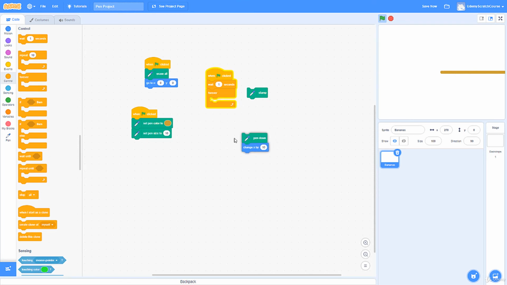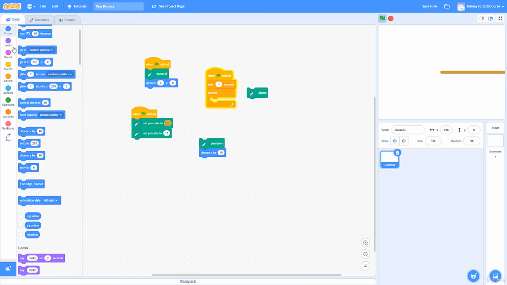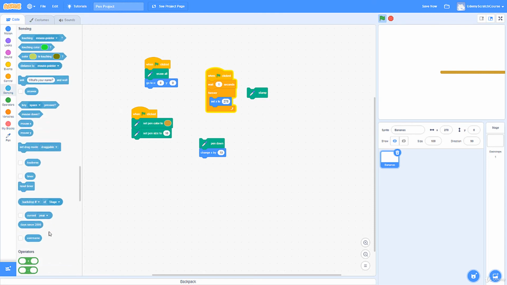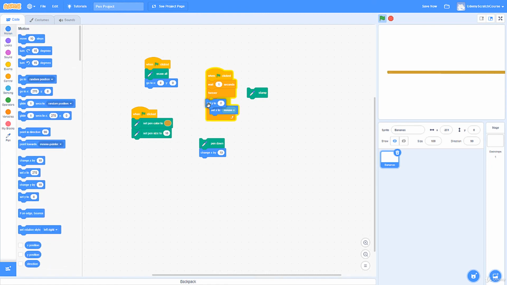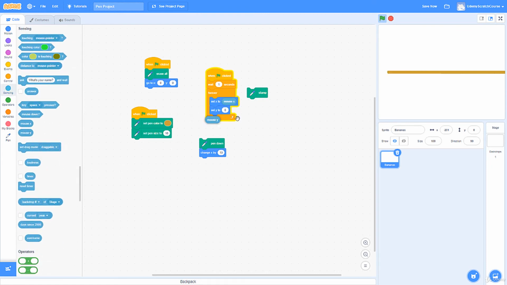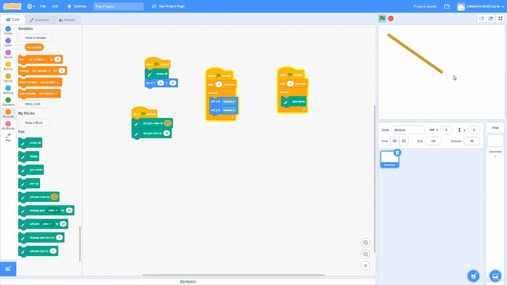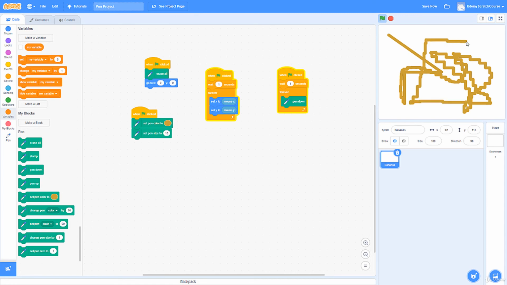What if we did this? Forever set X to mouse X. Forever set Y to mouse Y. And I also want to go ahead and go forever pen down. Let's try this. So what this does is now we just have a paintbrush basically that's following our mouse, which is very cool,